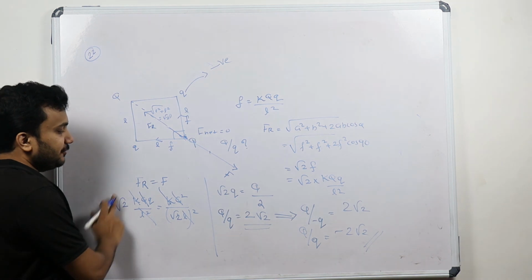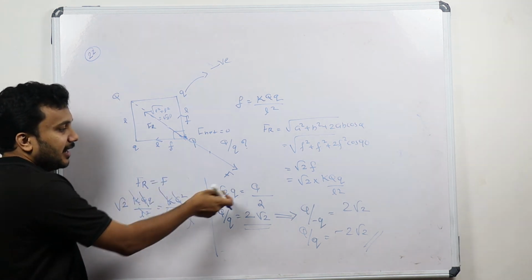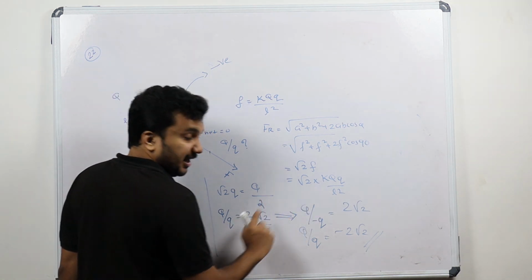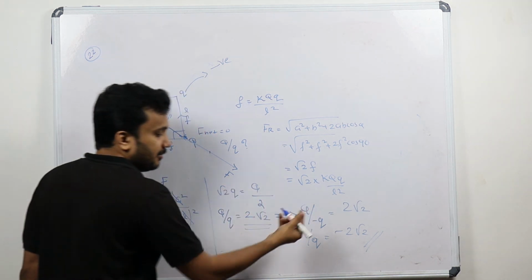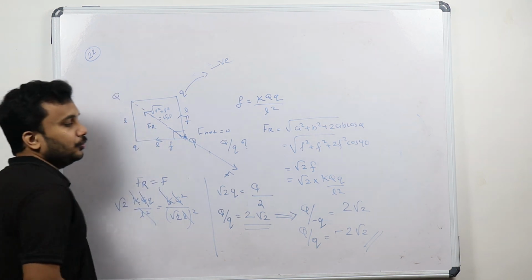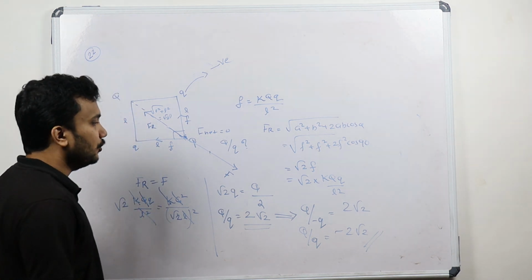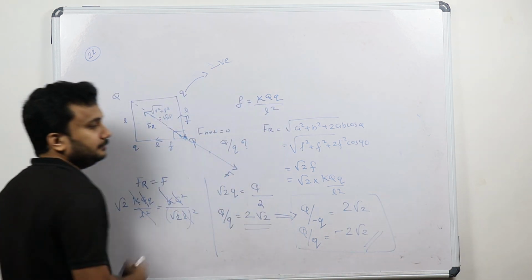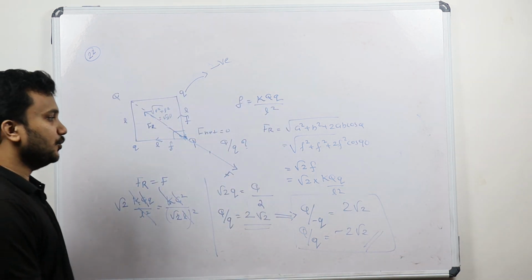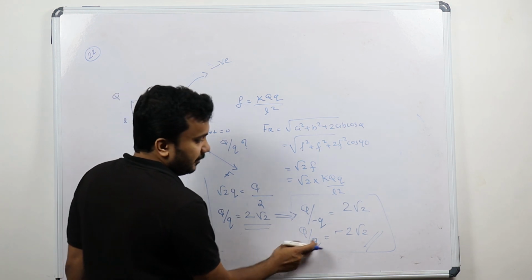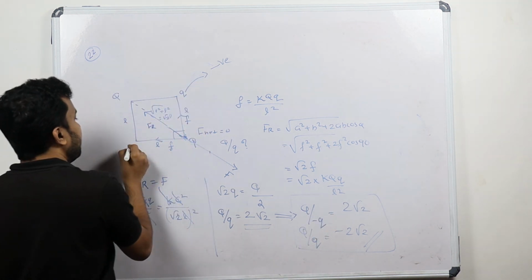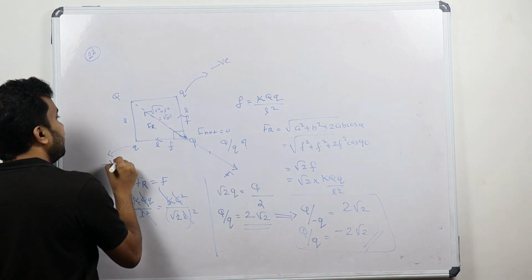So we have a resultant force on the left side and right side, and this Q should be a negative charge. That's what we have written. Q divided by minus Q we have written, and Q divided by minus Q is actually 2 root 2, and Q by Q will be equal to plus root 2. So hope this is clear to you. Okay, Q divided by minus Q is equal to 2 root 2, and Q divided by plus Q is equal to minus 2 times root 2. This Q should be negative and this Q will also be negative.